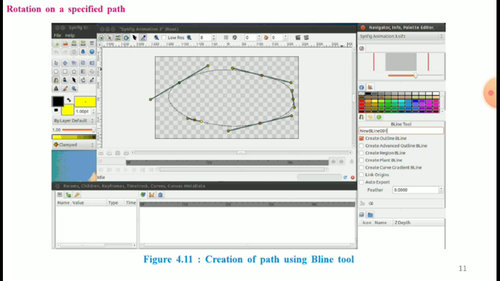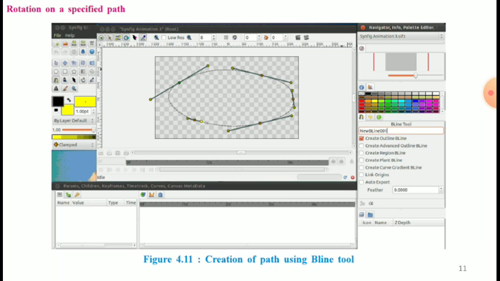First, create a new file. Next, let us first create our path for rotation using the Bline tool. Select the Bline tool and draw an oval shaped path as shown in figure 4.11.